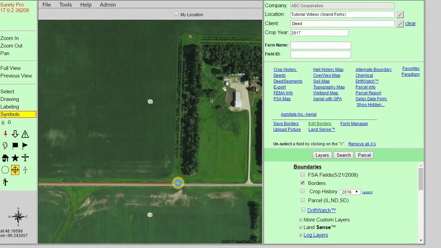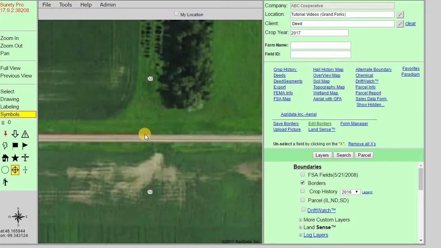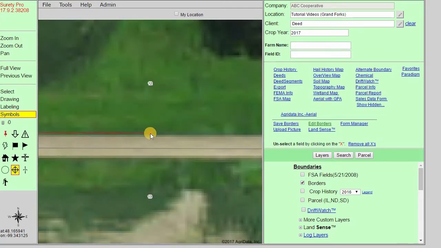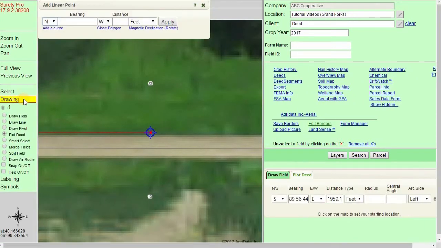So I'm going to zoom again a couple times onto my point so I can get an accurate representation. And I'm going to simply left click on the point after I have highlighted the correct symbol here, and it'll place it on the map for us. And then simply from here we can switch back to our drawing tool. We can clear what we've already done by using the trash can symbol,